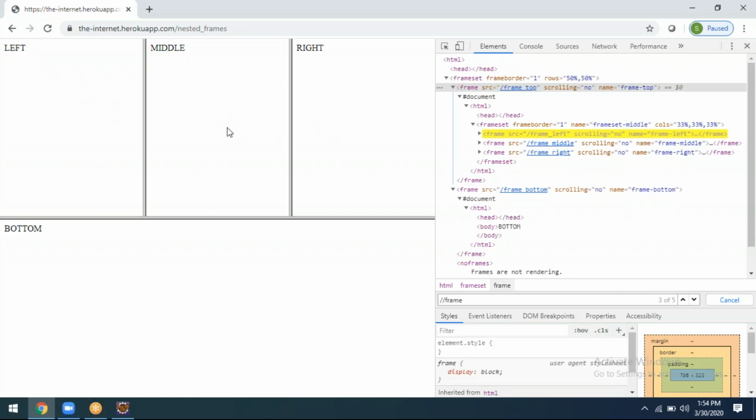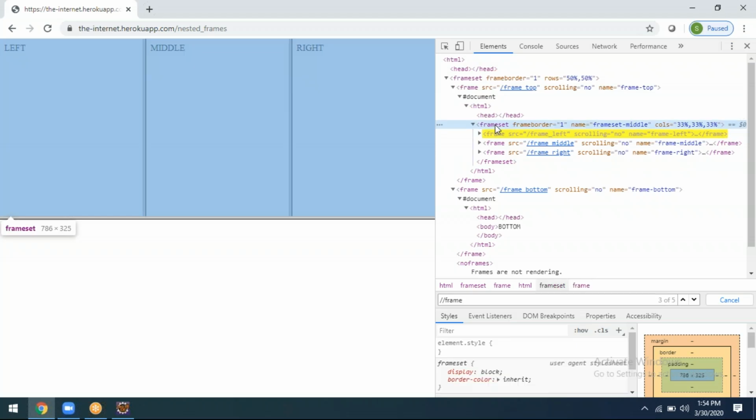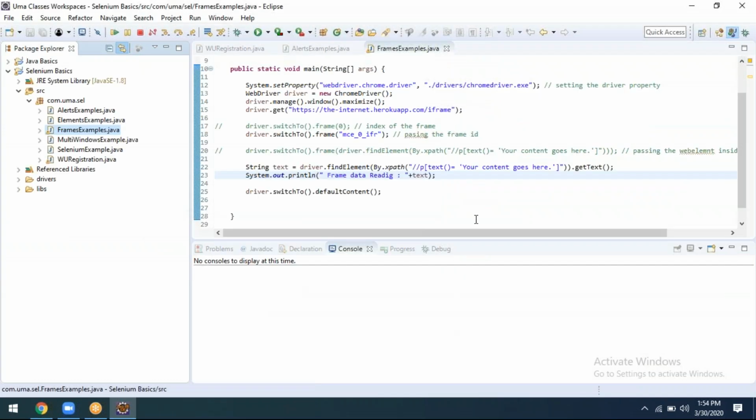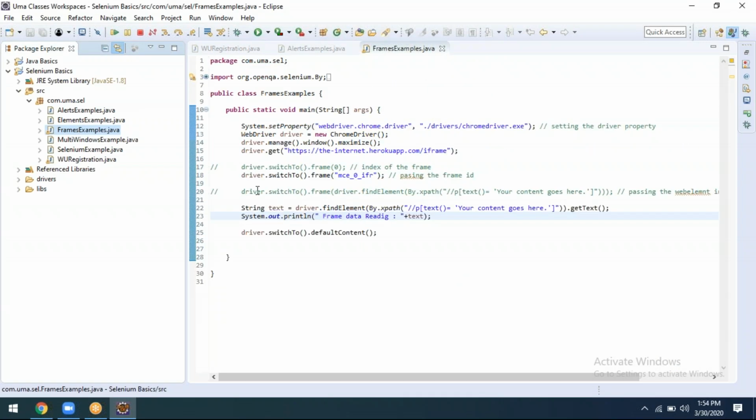All these three, if you observe here, this is a frame set. Within the frame set, we have 3 more frames. This frame set also, 1 more frame is there. If you observe, this is the top. Within the top frame, we have 3 more frames. Getting my point? Total 4 frames are there. Now, if you want to do any operation, okay, let me completely